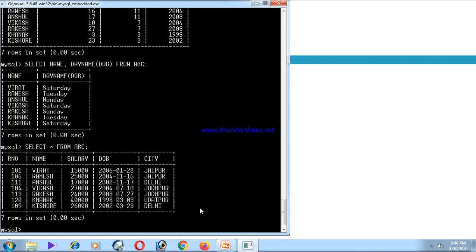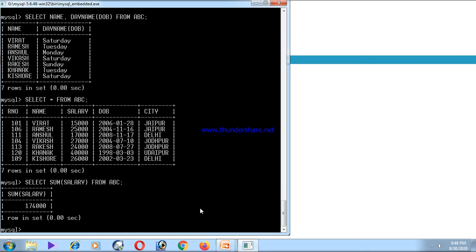This is the table. If we want to know the sum of the salary of the ABC table, then the command is select sum salary from ABC. Right?